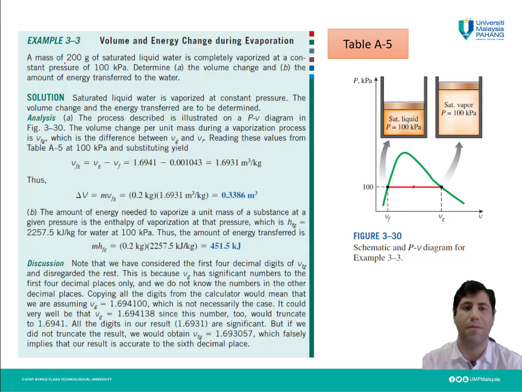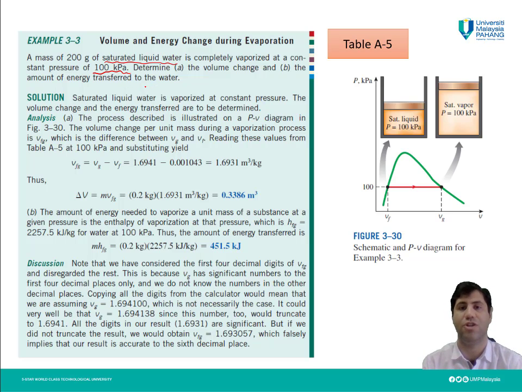We have a mass of 200 grams of saturated liquid water. So the initial state is saturated liquid water, and it completely evaporates at constant pressure. So the process is a constant pressure process. Then we need to determine the volume change, and in part B, the amount of energy which is transferred to the water